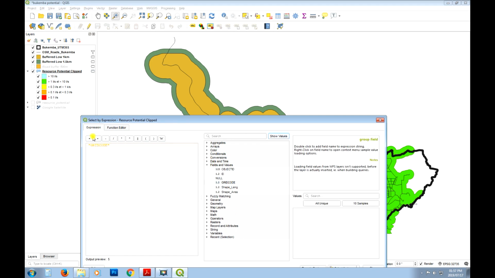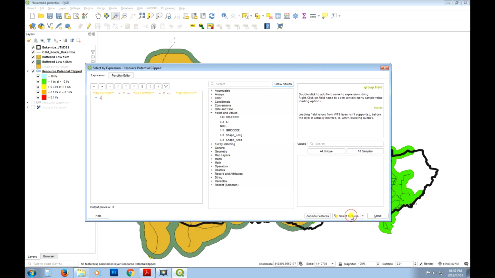Grid code equal to 3, or grid code equal to 2, or grid code equal to 1. Okay, so now if we select those, just move this up slightly, select features,